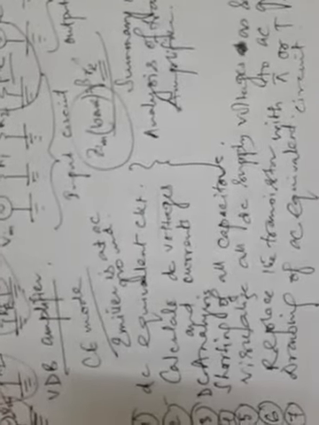AC equivalent circuit. Now what is the intention for us? If we have all these things ready in our hand, that means the DC equivalent circuit and the AC equivalent circuit for any given transistor amplifier, from here our intention, the motive for why we should draw this and do all these things, is to calculate the voltage gain, input impedance and other characteristics.